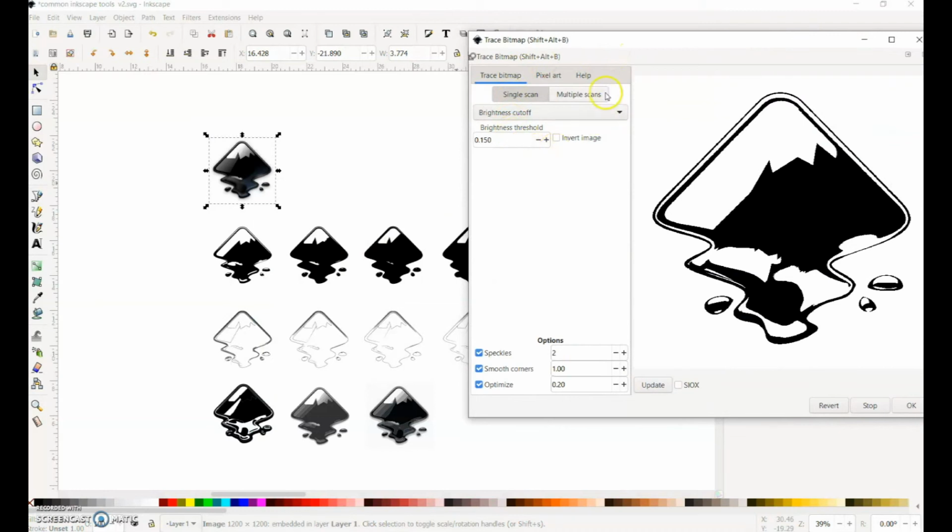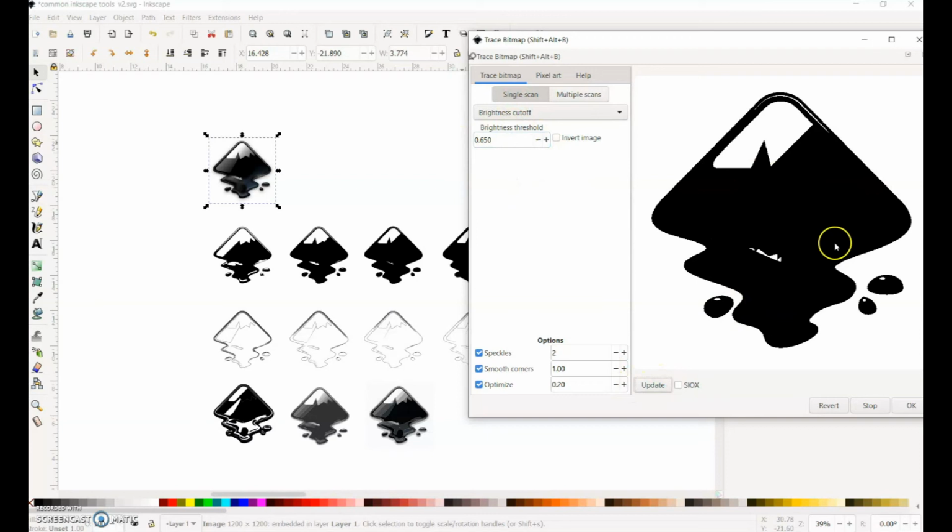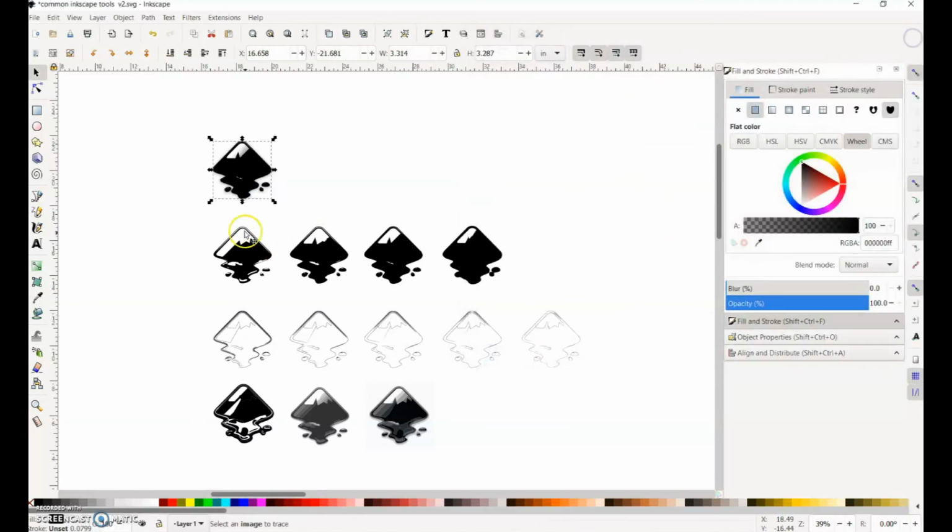What I didn't really talk about was that there are a lot of options that you can change in this left toolbar. So we could make this, and it kind of depends on the image. So I won't say that there's any right or wrong set of numbers that will fit in here, but you can change things around and then hit update, and you can kind of get a preview of what it's going to look like. When you're satisfied with what you like, then you can hit OK and close this window out,